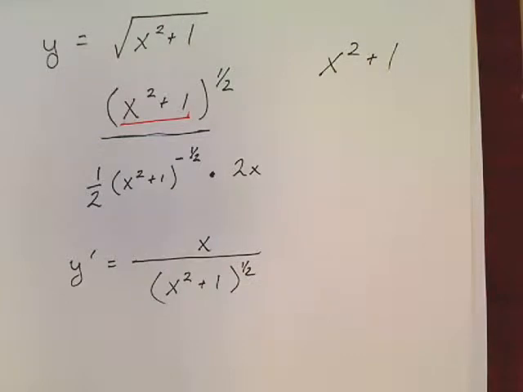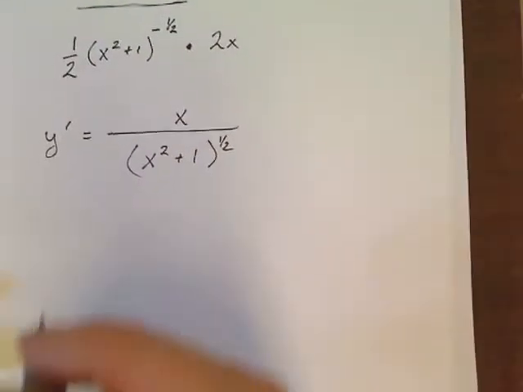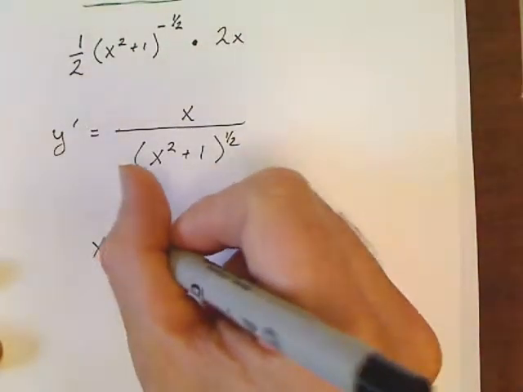So there's our derivative. Bam. It's that simple. Here's another easy one. How about x squared plus 1